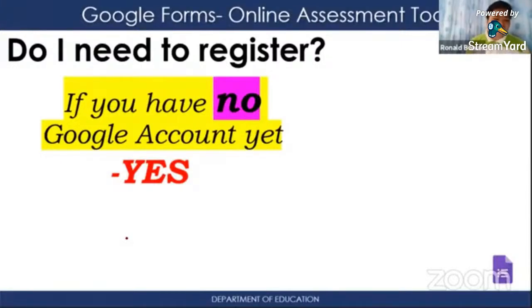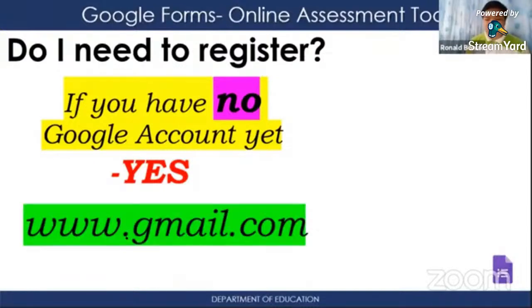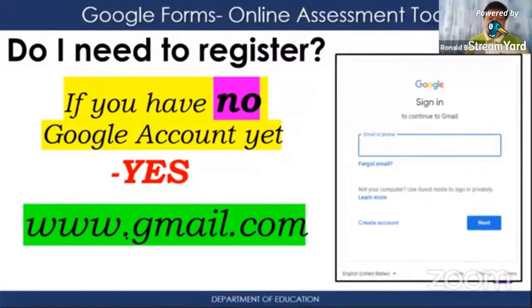How to do that, Mr. Buniao? Of course, you're going to go to www.gmail.com, and there you will be driven to this sign-in page. And since it is your first time, what you're going to do is click that create button, and there you